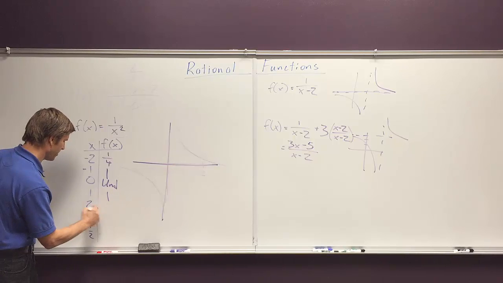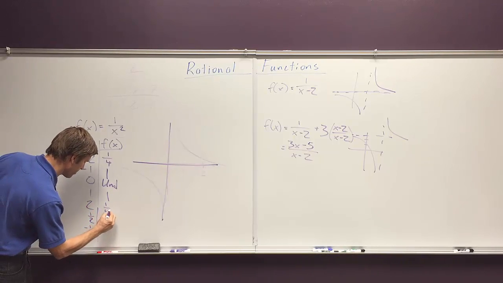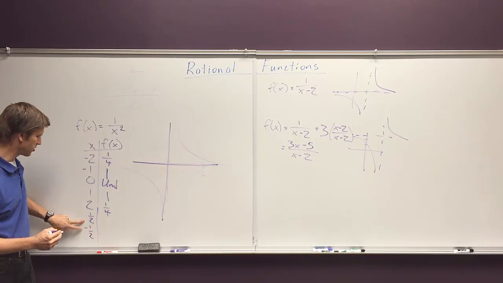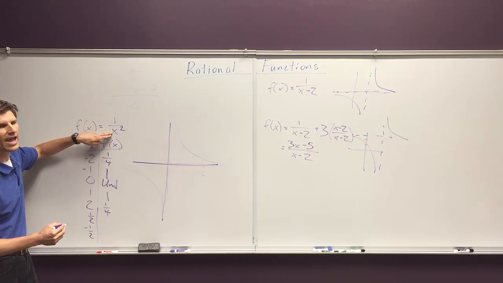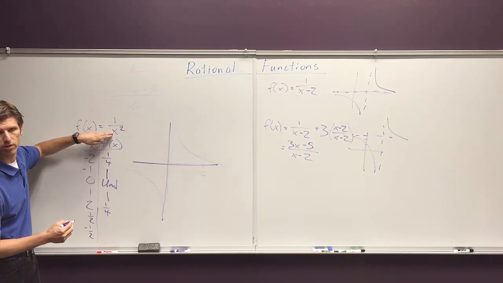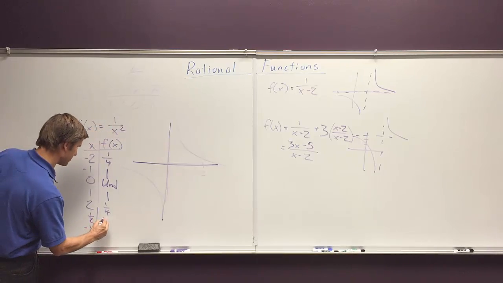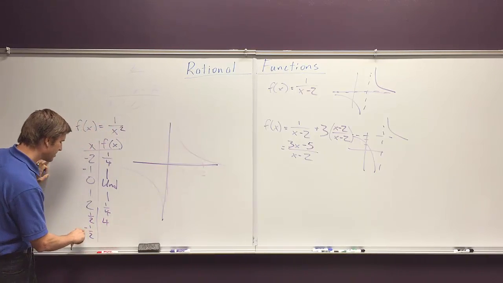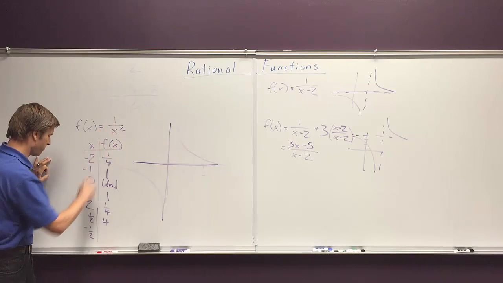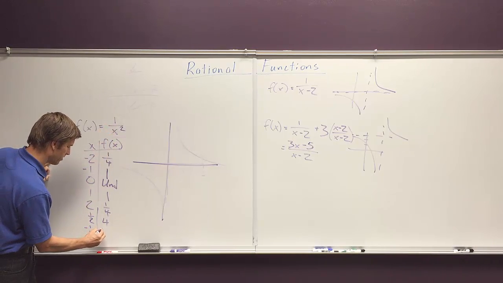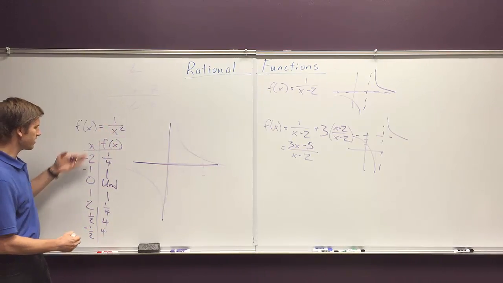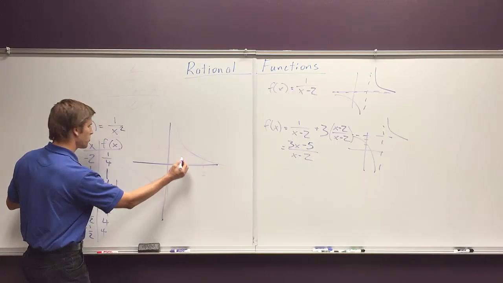At 1, 1. At 2, 1/4. These interesting points we mentioned before, if you plug in 1/2 squared, you get 1/4. 1 over 1/4 is now 4. And 1 over -1/2 squared is still 4. So what you get, if you plot these dots, you get,